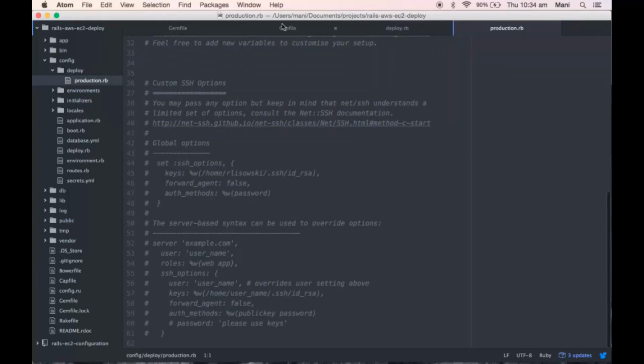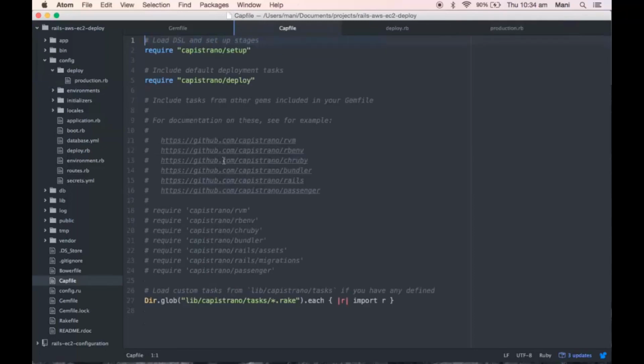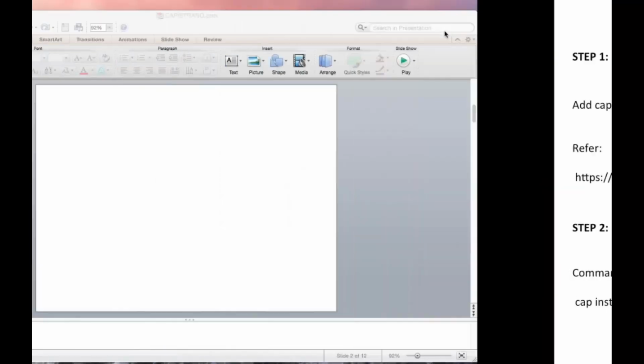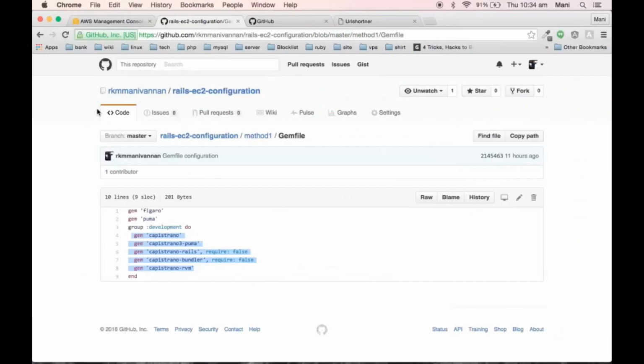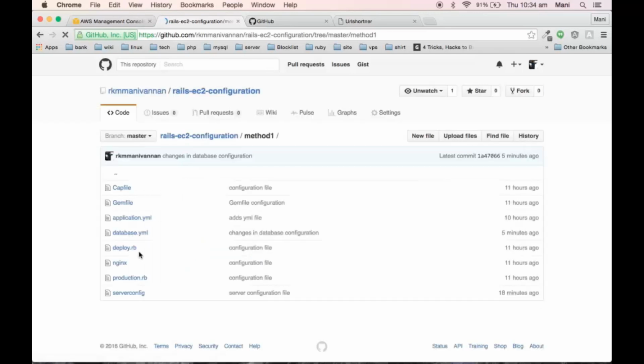Now what we need to do is set up these 3 files. First step, I mean step 3, you need to copy this code and paste it in the Capfile. I already have it in my repository.